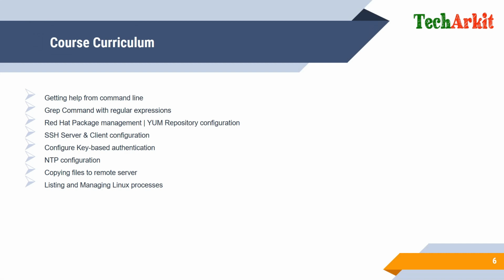And listing and managing Linux processes. So how effectively you can manage your processes if there is a performance issue. So how you can identify using this listing and managing the processes. File permissions, so this is the most commonly used in a Linux platform, and creating the standard Linux partitions and